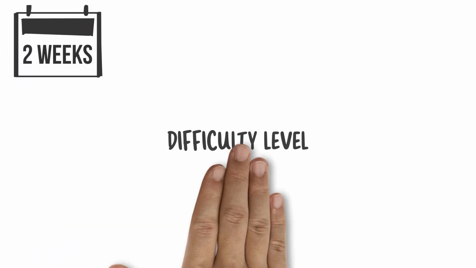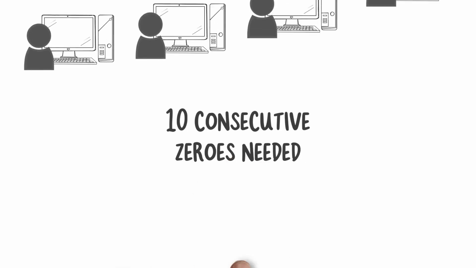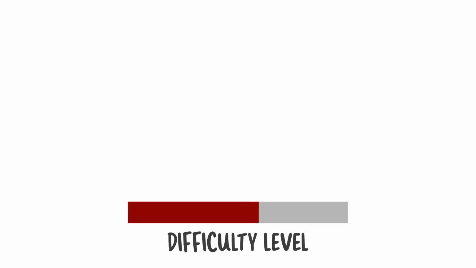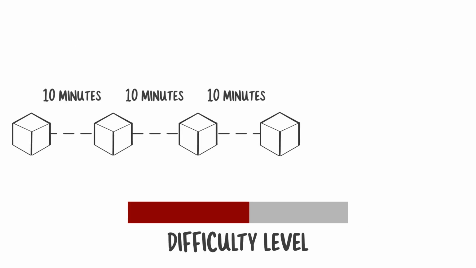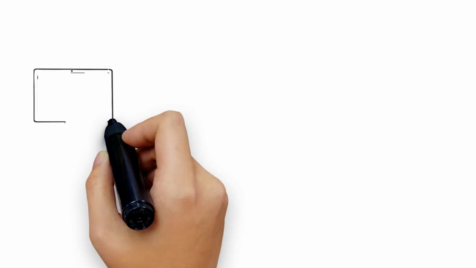Every 2 weeks, this difficulty is automatically adjusted by the Bitcoin computer program, which all the miners run, by adding or reducing the number of consecutive zeros that are needed before new Bitcoins can be awarded. The more zeros there are, the more difficult it is to solve. The difficulty is changed so that on average about every 10 minutes a new block is solved, and this happens regardless of how many or how few computers are mining. In our example,